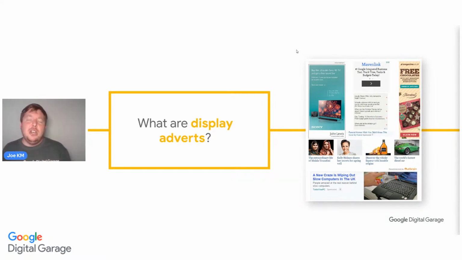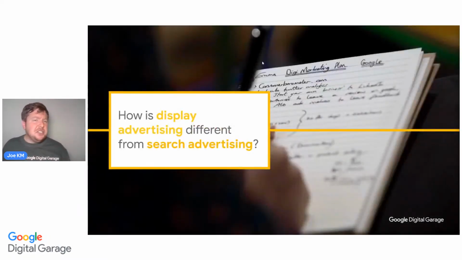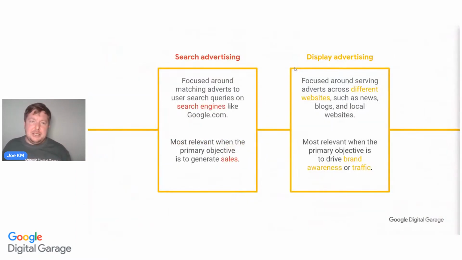You might see it on a technology website. You might see it on Which.com. You might see it on John Lewis's website. You might see it on another technology website, because what's great is that you can choose where to put them. But these ads are designed to be persuasive and not necessarily buy now, but just put the idea of this brand in your mind. So how is this different from search advertising?